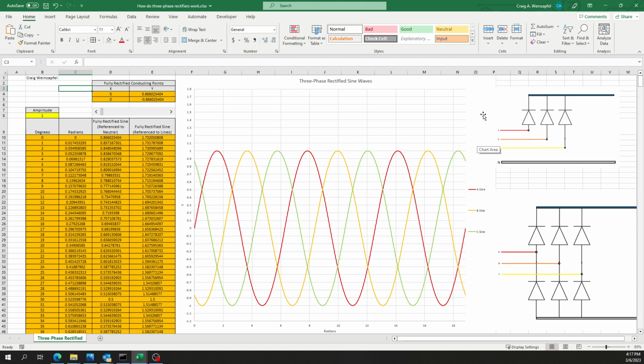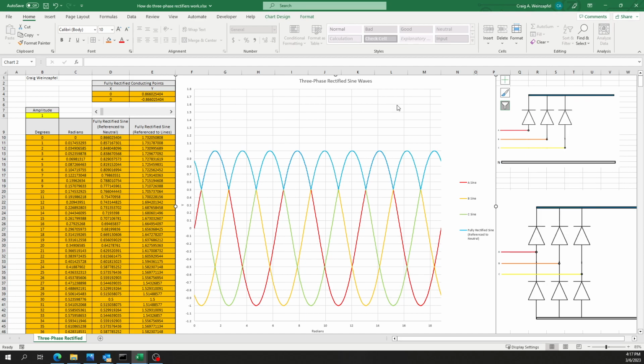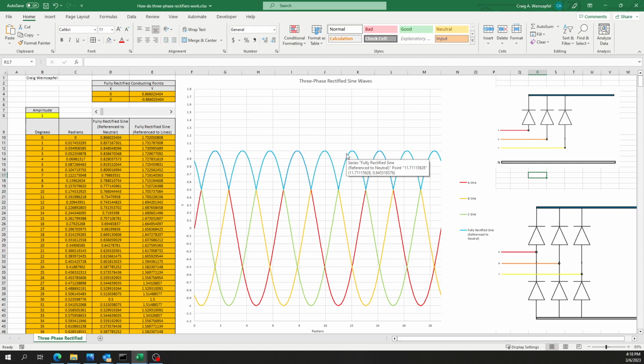So I'm going to go ahead and turn on that output, and that's this blue wave here. See how it just rides the top of each of the sine waves for phases A, B, and C. We still have a fairly choppy peak up here, to where we'd have quite a bit of ripple on our output. And one thing we can do to help